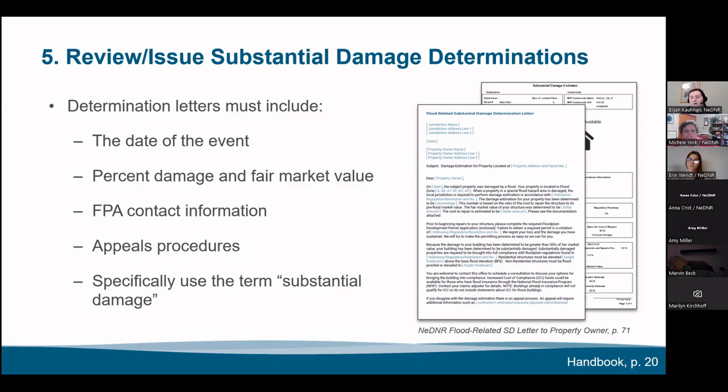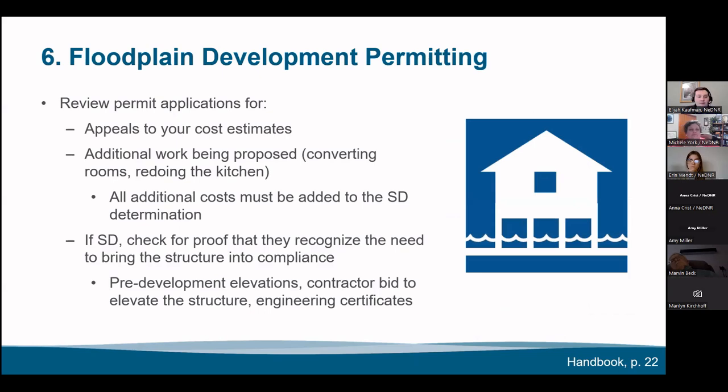So make sure they know how to appeal your determination and specifically use the term substantial damage. Make sure you're specifically using that. Again, all of this would be included in our template letters. The last step